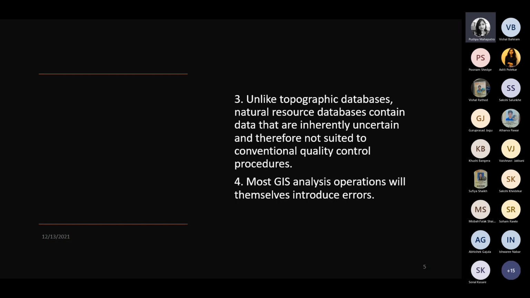Okay, there may be errors when we are representing the data, there may be errors when we are doing some kind of manipulation and analysis, and sometimes the application also introduces some kind of error just because of some approximation which is being done, or because we are transforming from one coordinate system to another. So CRS we are changing. Okay, so coordinate reference system, and then the errors are introduced. I told you last class also one example.